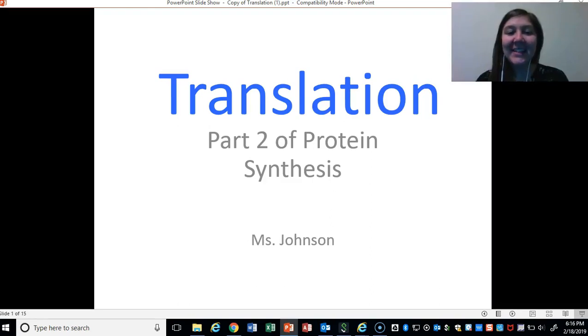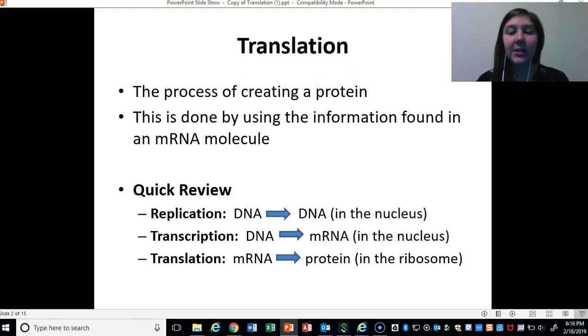Welcome back. Today's notes are on translation, which is the second and final stage of protein synthesis. Translation is the process of creating a protein, and this is done from the information that's in the mRNA molecule. We learned that during transcription, mRNA is used to code the instructions in DNA and take it out into the